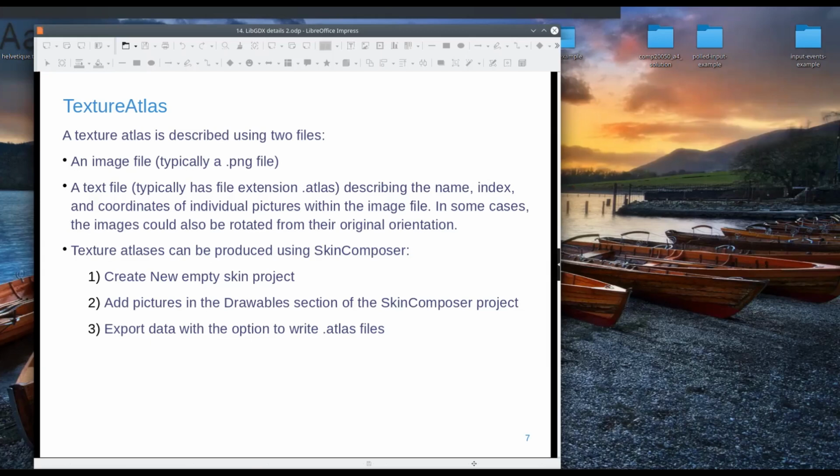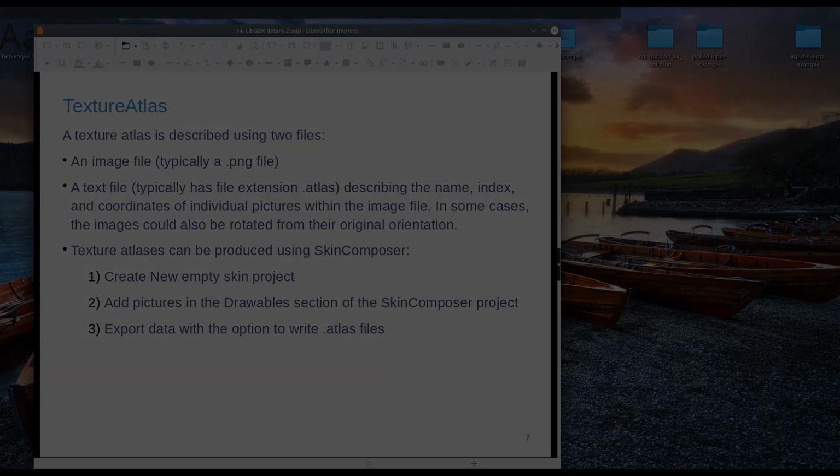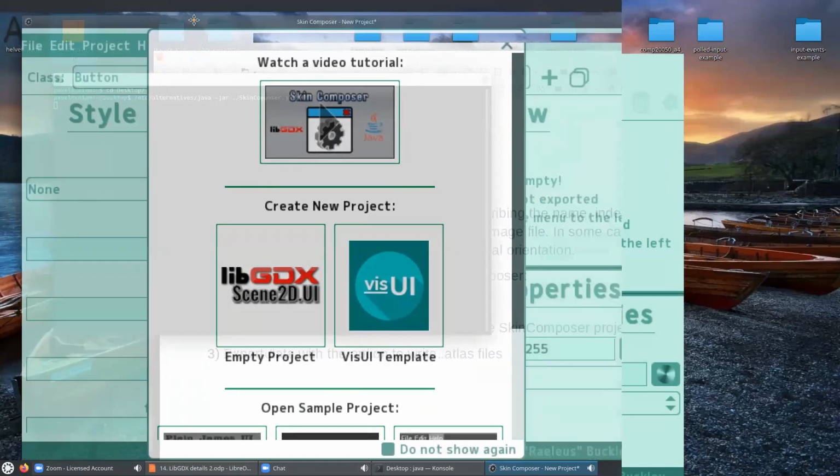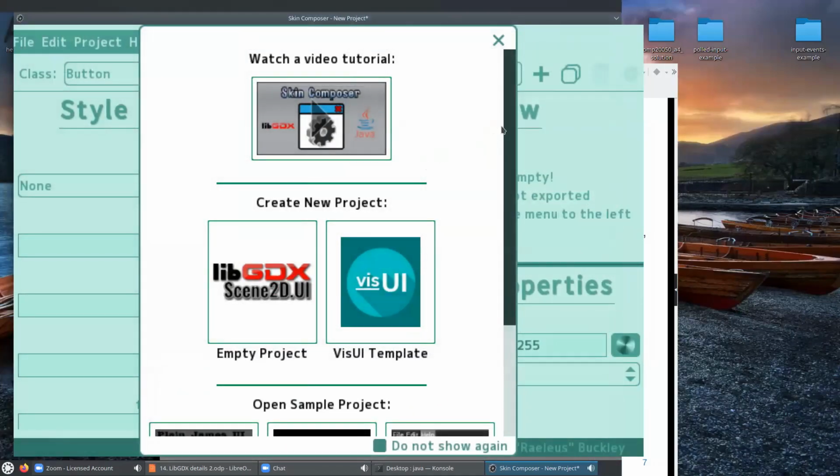How do we create this atlas file? LibGDX has a standalone tool for packaging pictures, but I found that using SkinComposer is by far the most user-friendly way of doing this. When you start SkinComposer, it starts with this welcome